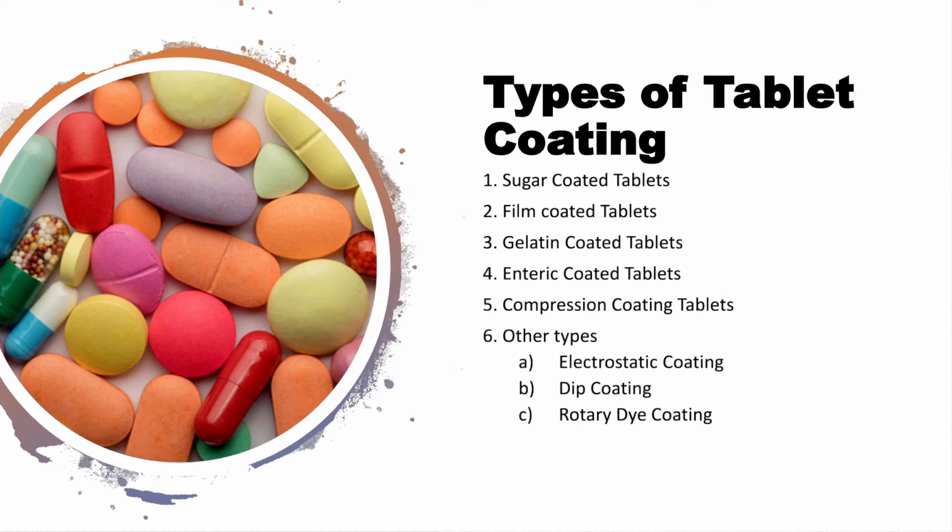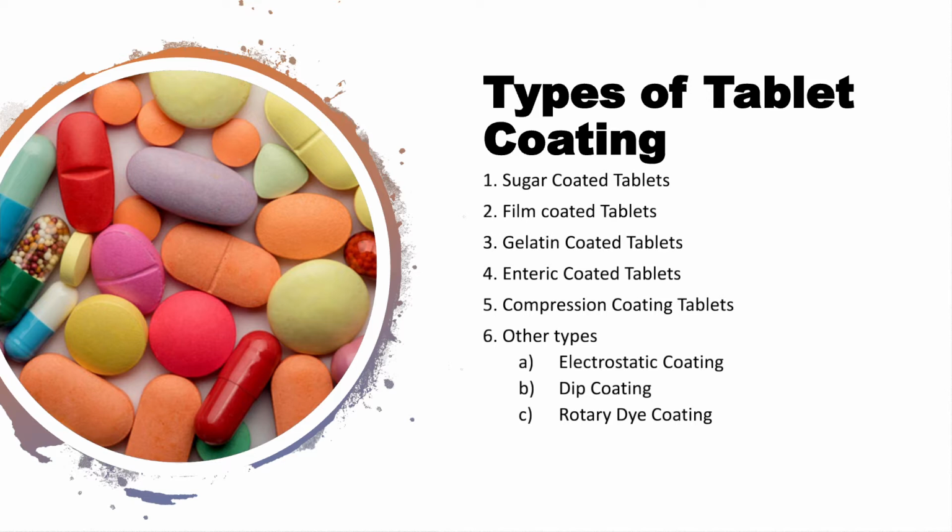Then came the concept of the film coated tablets. Film coated tablets are totally different from the sugar coated tablets, because film coating gives a single film, which is actually very thin. Sugar coated tablets gain almost 30% of the weight. So you can understand it's a very thick layer and a very complicated process. On the other hand, film coating is very simple, utilizing different polymers to form a single film, and the process has been simplified a lot with the development of film coated tablets.